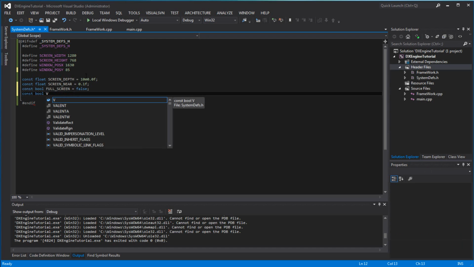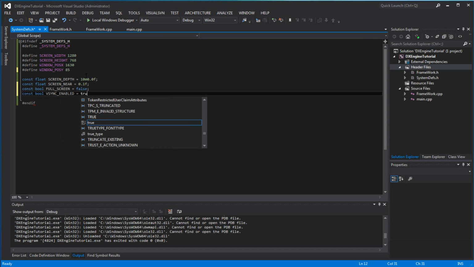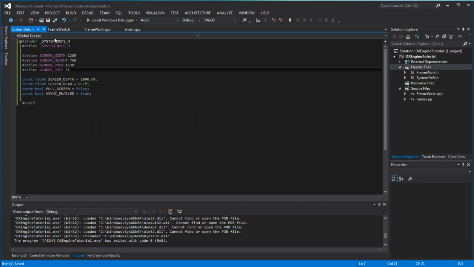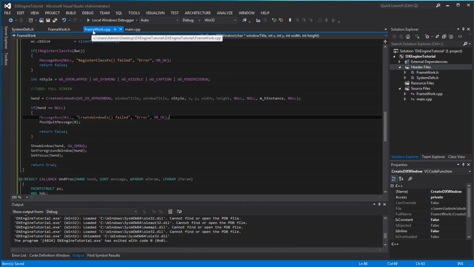We're not going to be using this one, but might as well have it on already. VSync enabled. We're going to start using it in the next tutorial where you initialize DirectX. But might as well just have it in there for now. So we're going to use the full screen